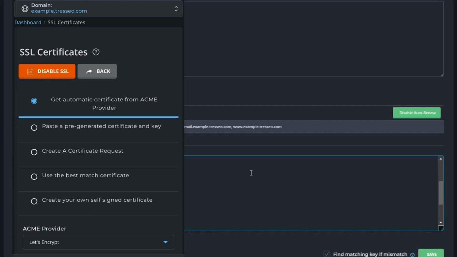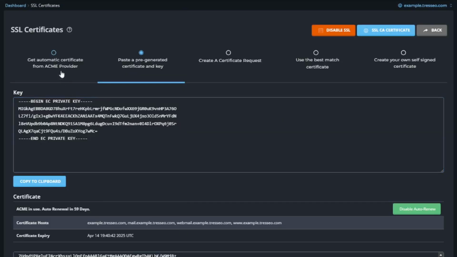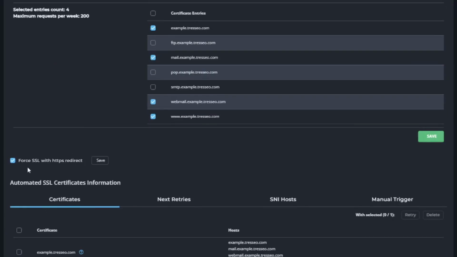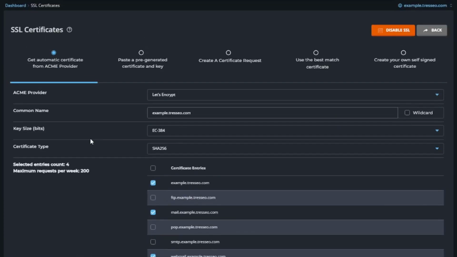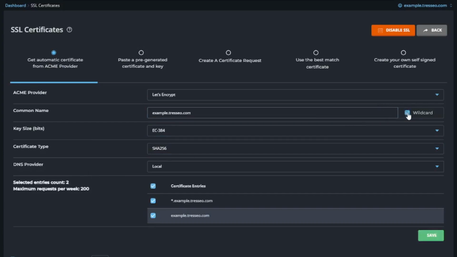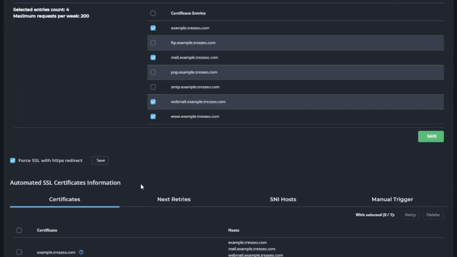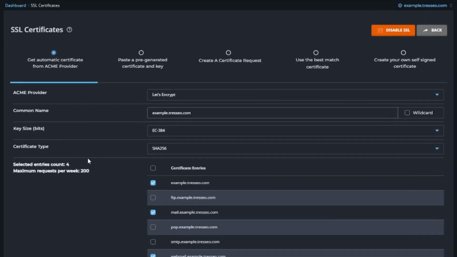Finally, let's look at the Force SSL certificate with HTTPS redirect. This setting ensures that all traffic to your website is secured by automatically redirecting visitors from any HTTP version of your website to a secure HTTPS version. This ensures complete SSL protection and that every visitor to your website sees your SSL certificate. And even though SSL certificates need regular renewal, DirectAdmin and Let's Encrypt handle this automatically behind the scenes. So you really only have to do this once, unless you add subdomains or decide to switch to a wildcard